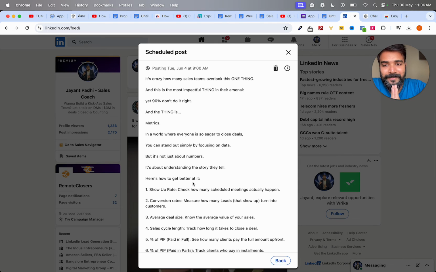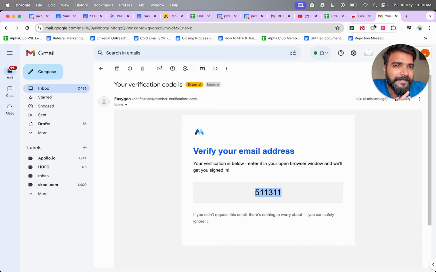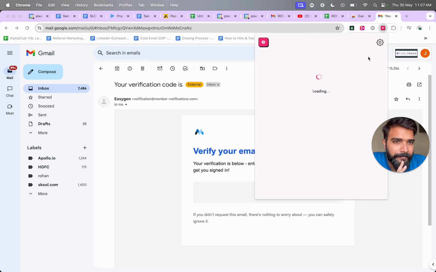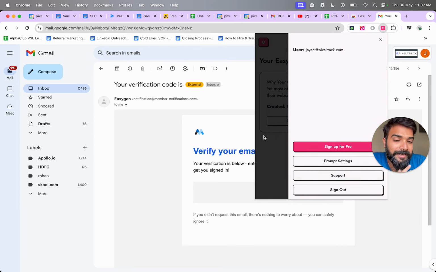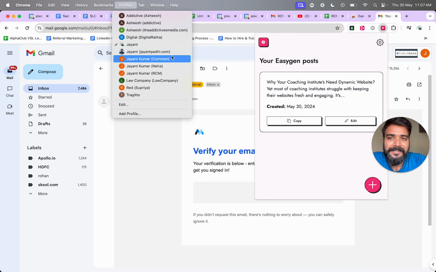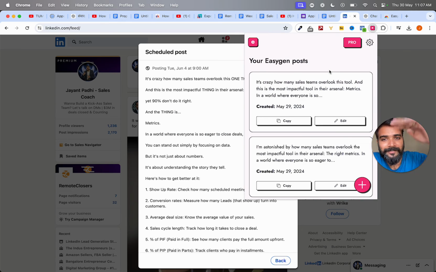Now this is the benefit of using EasyGen. I think in the free version you can do 2 or 3 of these. Let me see what the limit is. I'm not really sure how big the prompt is, but when I did 3 of these posts, EasyGen said that my credits are over, and I needed to upgrade to Pro. And trust me, the Pro is even better because you can save all the posts that you have written. You can organize them very nicely, and you can schedule them on LinkedIn,